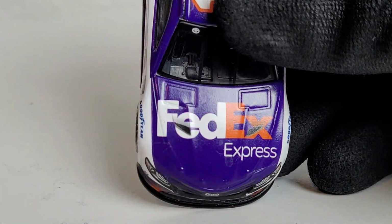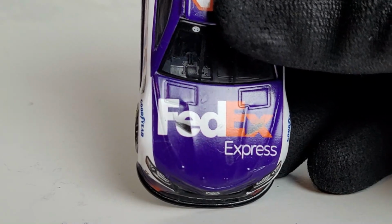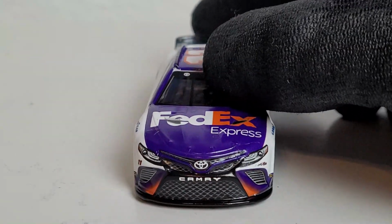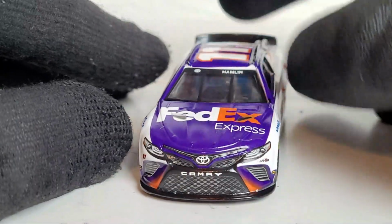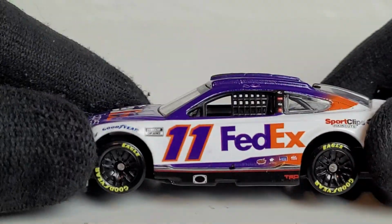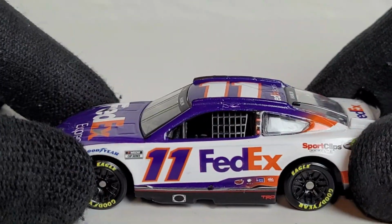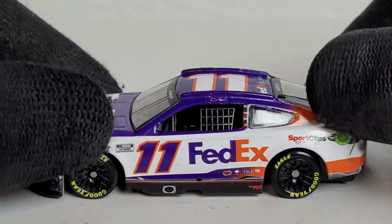So to correct myself, Denny Hamlin actually crashed at this year's Daytona 500, on lap 63. So that was pretty exciting to see, because seeing Denny Hamlin win at Daytona again would have been pretty, not embarrassing, but just be like, oh, him again, Jesus. But yeah, that crash at Daytona is what led to many other disappointments that we've had early on in the